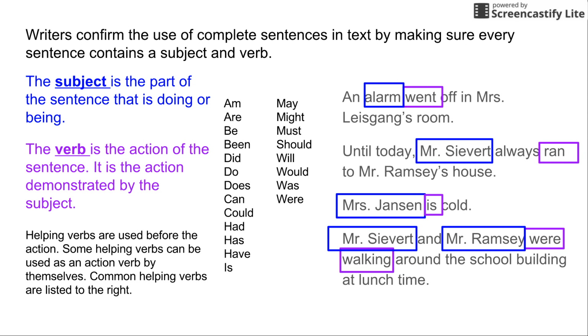The subject is the part of the sentence that is doing or being. The subject does the action, and then the verb is the action of the sentence. It is the action demonstrated by the subject. So now you're going to practice confirming the use of complete sentences in text by making sure every sentence contains a subject and verb by completing the assignment on